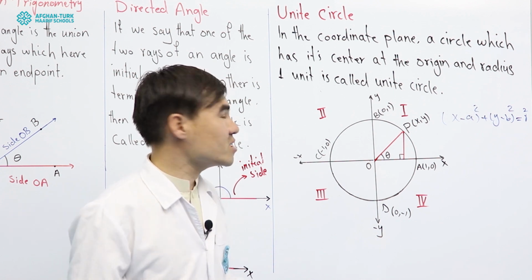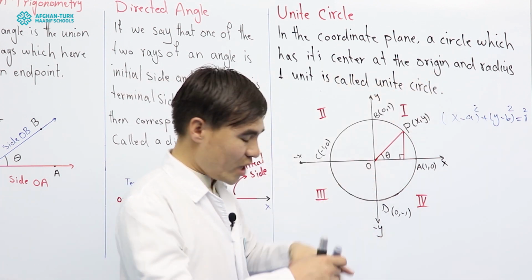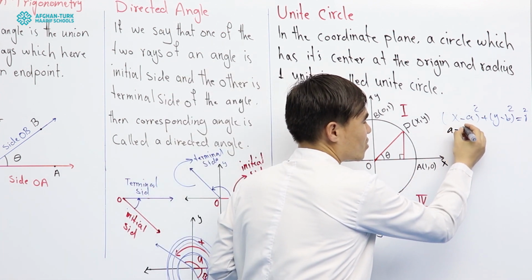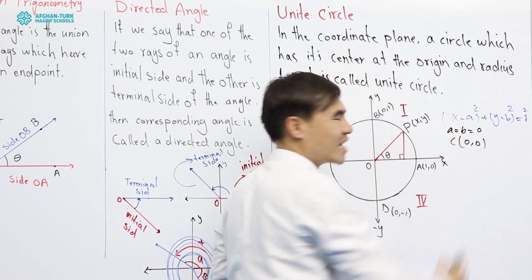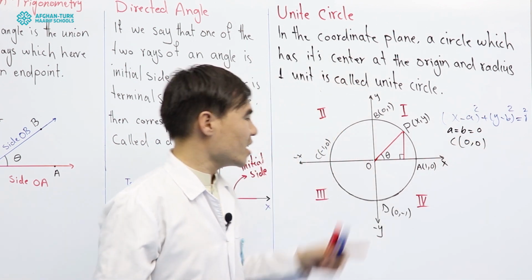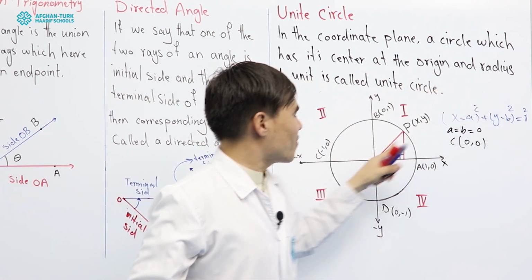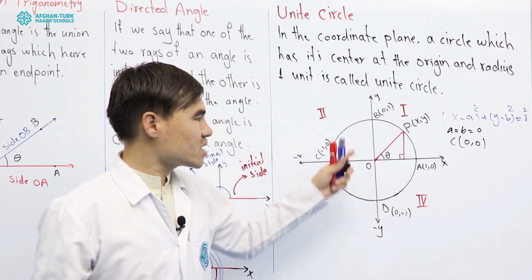Because the center is at the origin, a is equal to b is equal to 0. The center will be located at the origin, that is (0, 0). And the radius of every circle which is equal to the number 1,